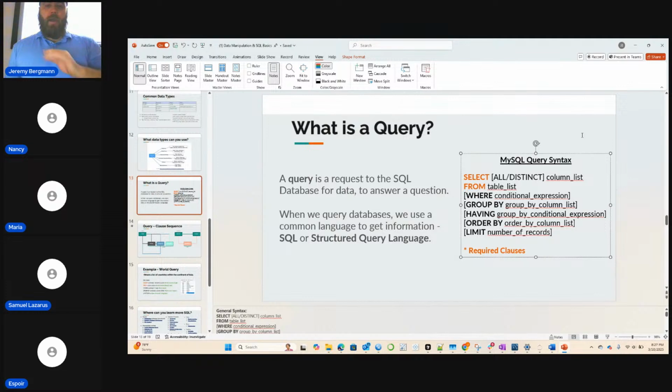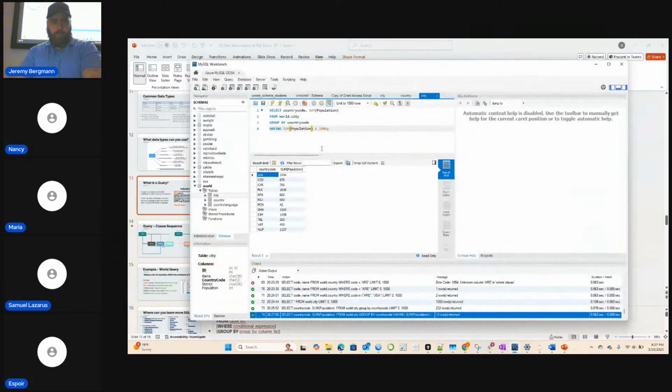You can order by the results, so you can order by the name of the country, or you could even order by... Let's bring this back up. This is already in alphabetical order, just the way it is in the table.